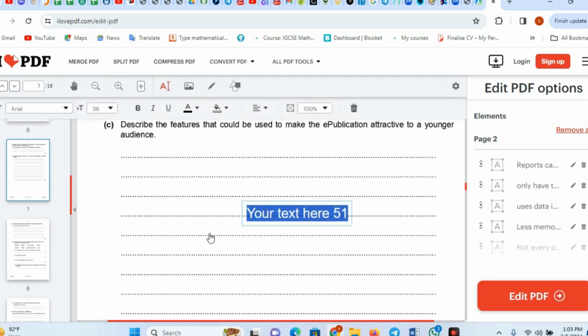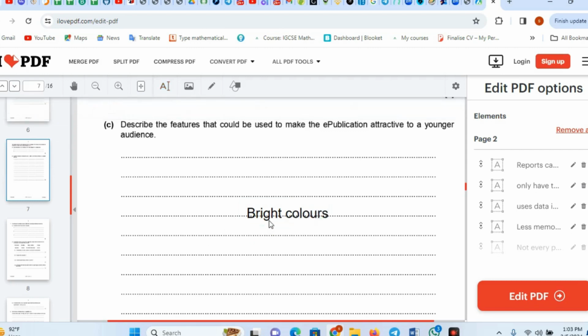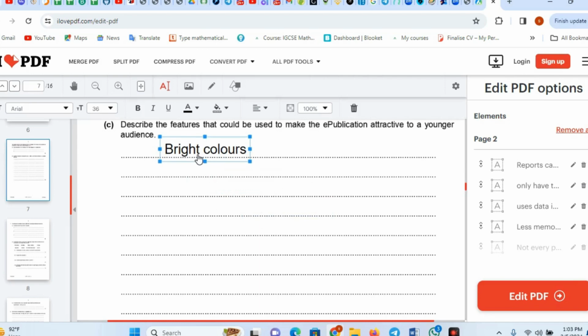You know, kids, they like very bright colors. So when you are producing your work, you put bright colors. That is one. Put bright colors so that they become automatically drawn. When I say drawn, they become attracted to whatever you are